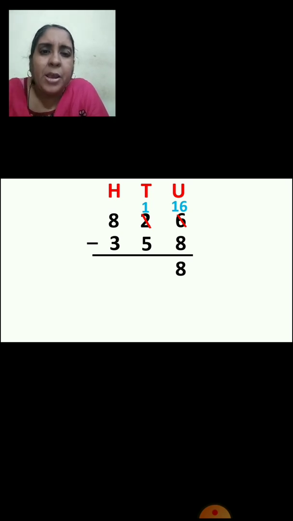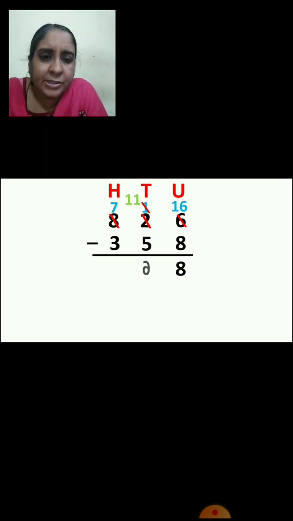Very good. Now we will see tens place. Can you subtract 5 from 1? No. So you will go to hundreds place. So you will cut 8. 8 minus 1 will be 7 now. Now you can borrow from hundreds place to tens place. So you will cut 1. And what will come in tens place? Yes, 11, right? Now you can subtract. So 11 minus 5 is how much?